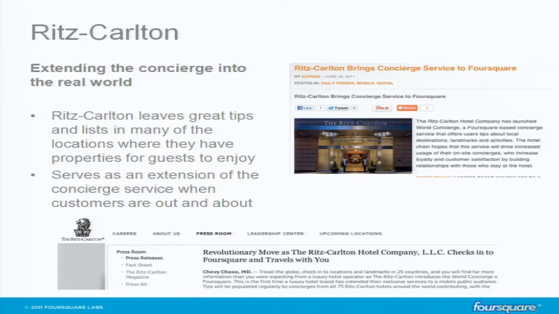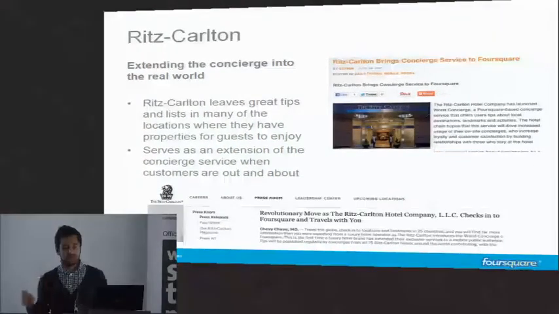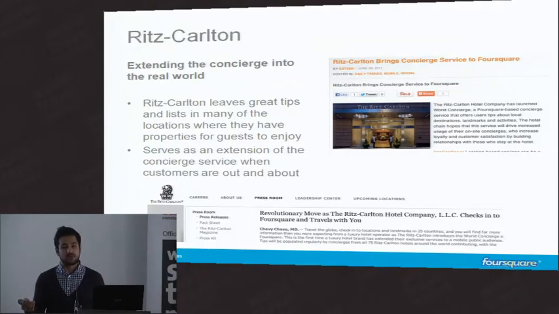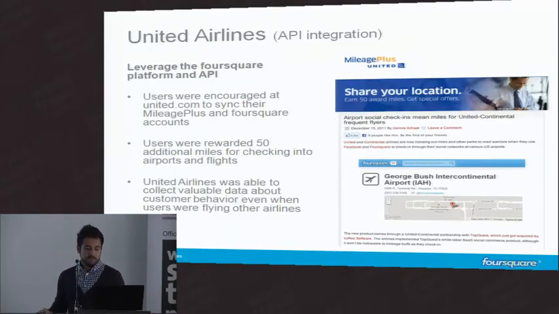Ritz-Carlton did a really interesting thing where they took their concierge service and all the advice that the concierges had and put that on Foursquare for all the different cities where they have a presence. And what they then did was they told their customers to follow them on Foursquare. When people are checking in the city, they now all of a sudden see all these Ritz-Carlton tips popping up here and there. And that actually creates an engagement with their content and makes them aware of the concierge service to begin with. And then people start using the concierge service more. That builds loyalty with the brand, which is something that they were after in this specific case.